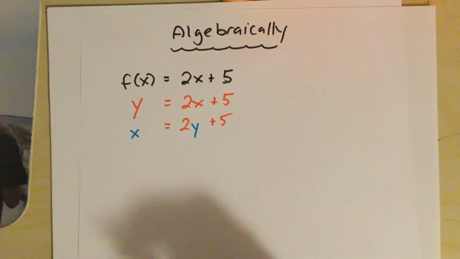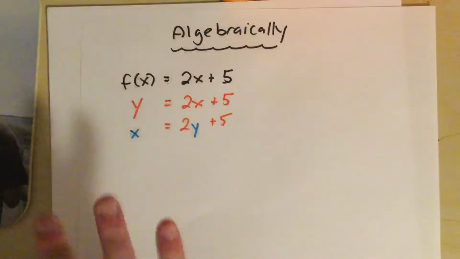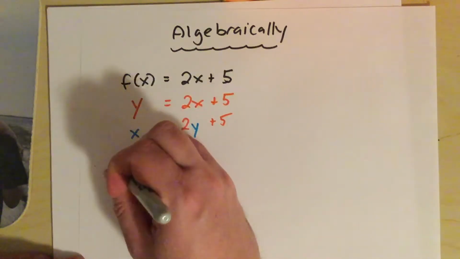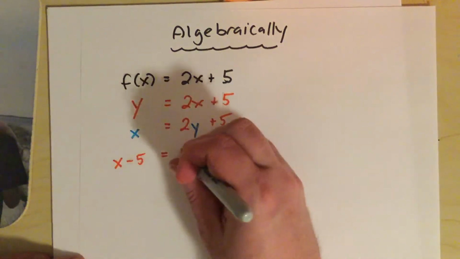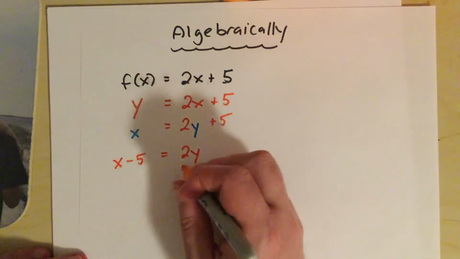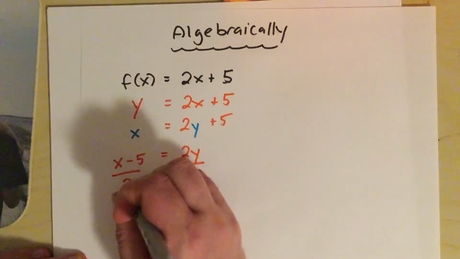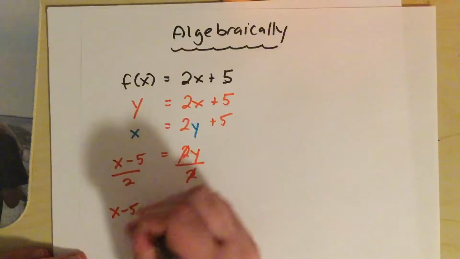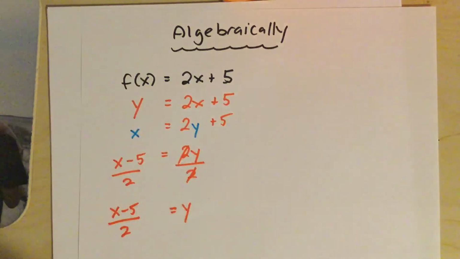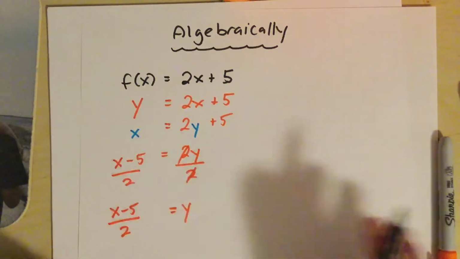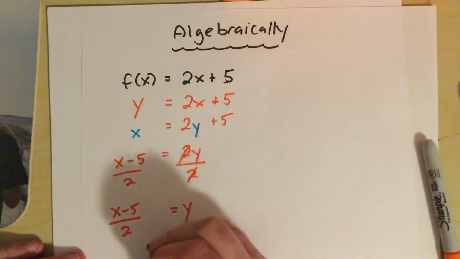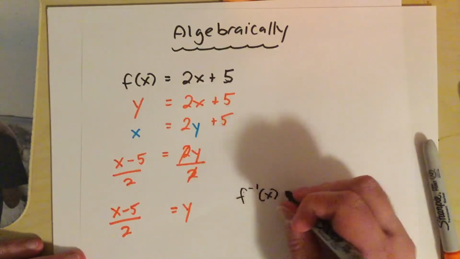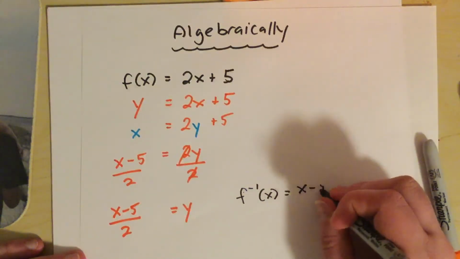And then what we do is we rearrange the equation to get the y alone. So we're going to bring the 5 to the other side. So we get x minus 5 equals 2y. And then we divide both sides by 2. So y is x minus 5 over 2. And then finally, instead of y, we write it as the inverse function. And so it becomes the inverse function of x is x minus 5